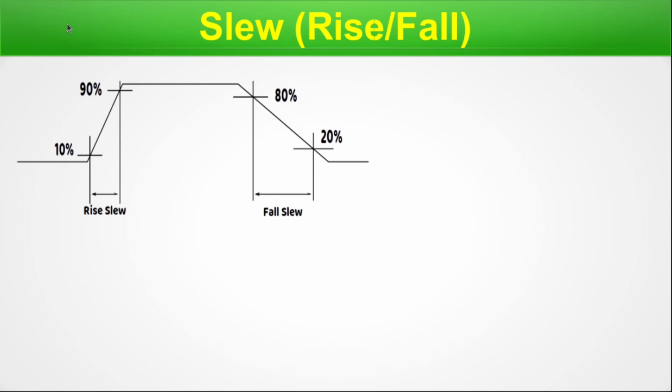So this y axis is voltage, and this axis is time. Here we measure the rise slew, and here we measure the fall slew. Although I have hard coded the 10 and 90% and 80 and 20%, it is not a thumb rule that this is for rise and this is for fall. Any combination can come out. Both can have 80-20 values, both can have 10-90, or they can be different, such as 80-20 in the rise slew or 10-90 in the fall slew. There could be multiple combinations. So don't just remember this picture, but try to understand the concept of where these slews are meant.